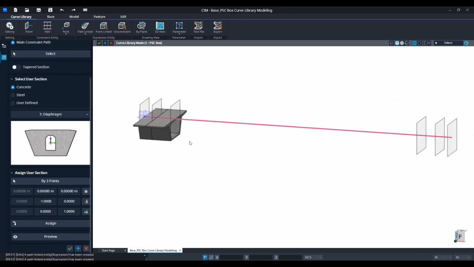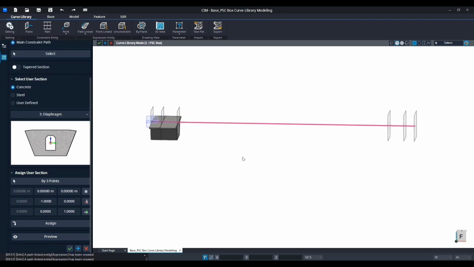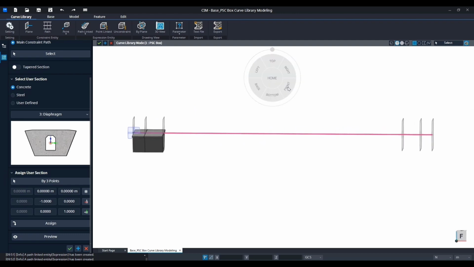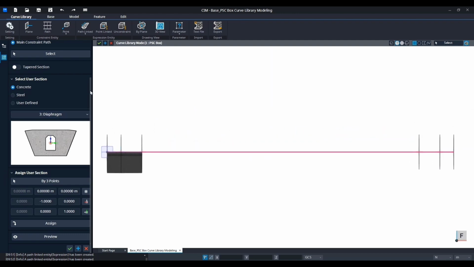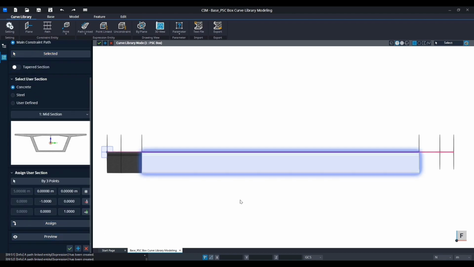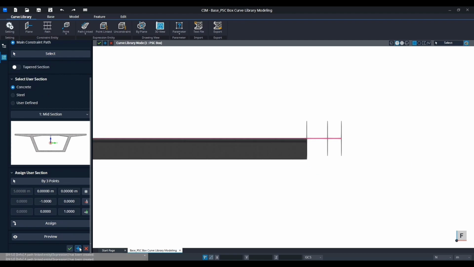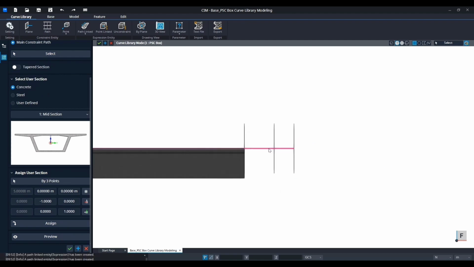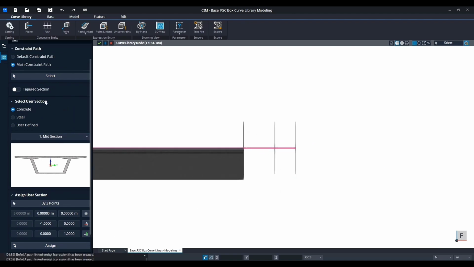And then similarly you want to click on front and select the constraint path of this part, and then click on the midsection, assign, preview, apply, and then for the next one will be taper section, select, and then